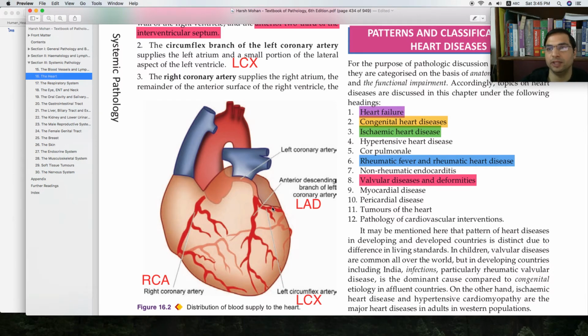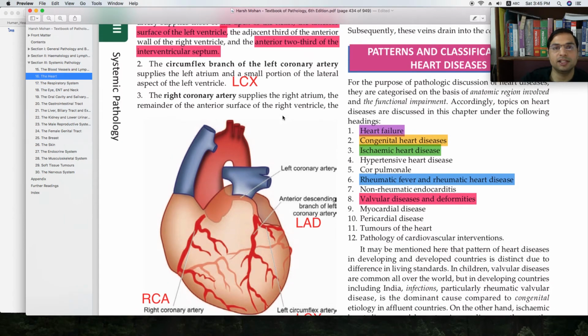Now the left coronary artery is very important overall because the left ventricle has the major function of pumping the blood, and it has the biggest myocardium. If any pathology happens to this chamber, the left ventricle, then the problems are severe. So the left anterior descending branch is the main branch which we'll be studying.